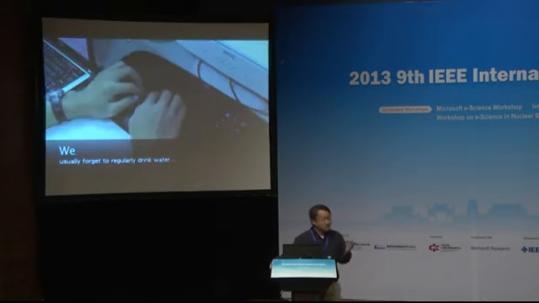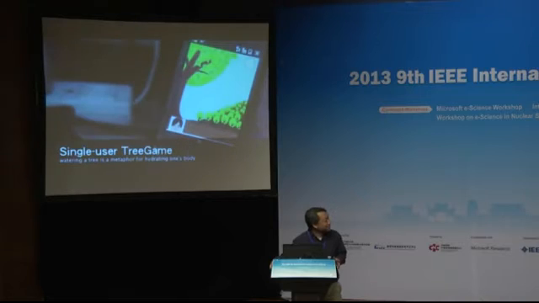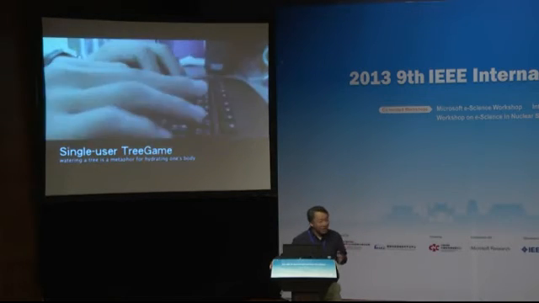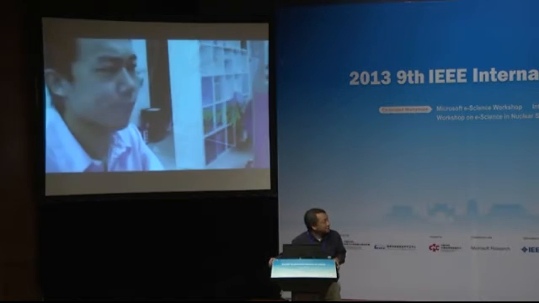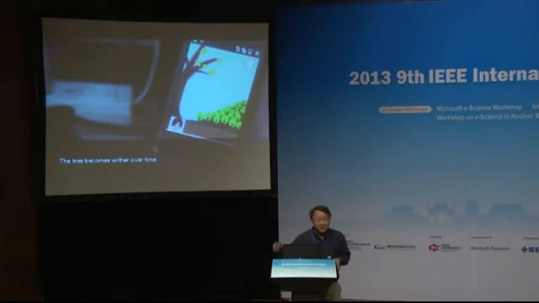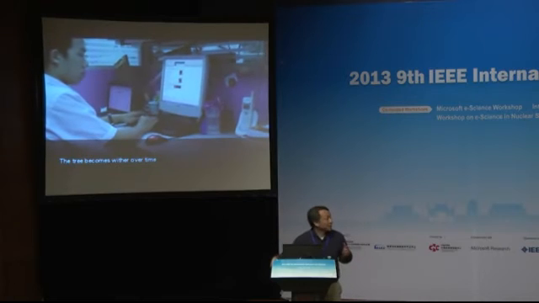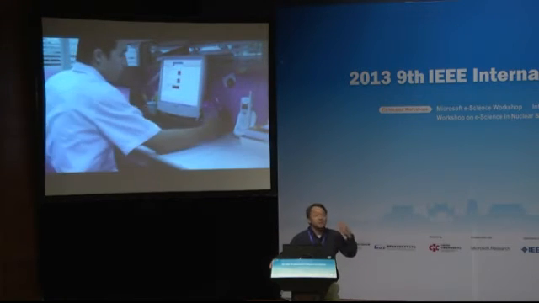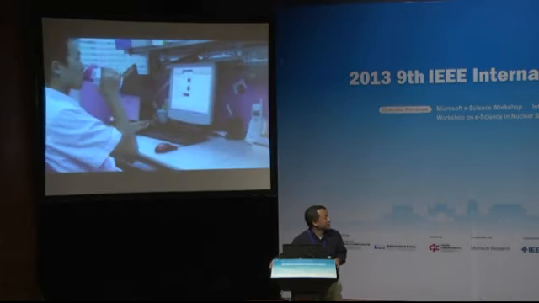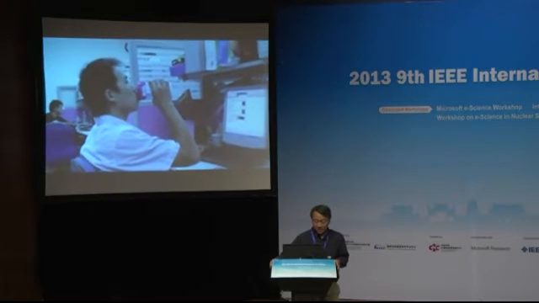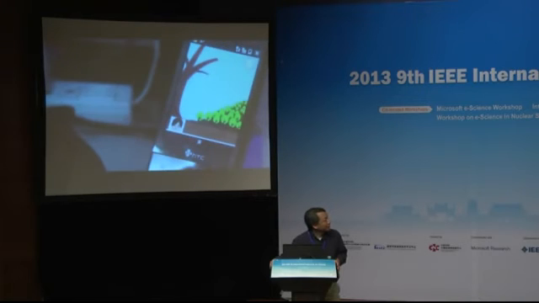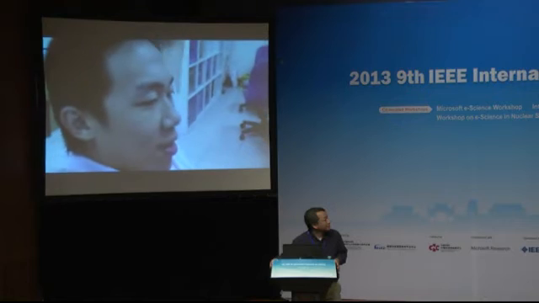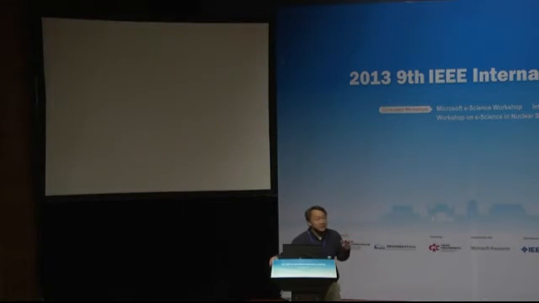Okay, so this is one of my grad students who's working very hard, and he forgot to drink water. So you can see that the tree will slowly lose its leaf. Okay, and this is a good reminder. This is something called ambient display, right? It reminds the user, oh, it's time to replenish the tree or replenish my own body. So now the leaves will grow back. Okay. So what we're showing here is a single user game.